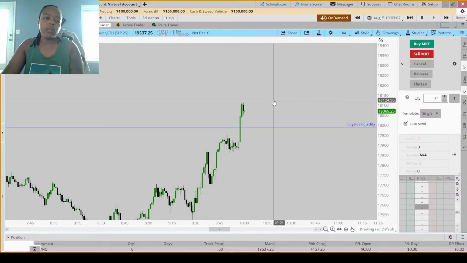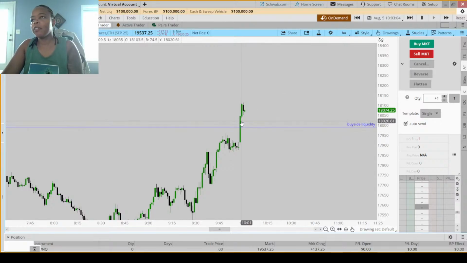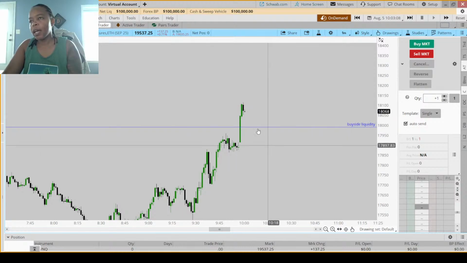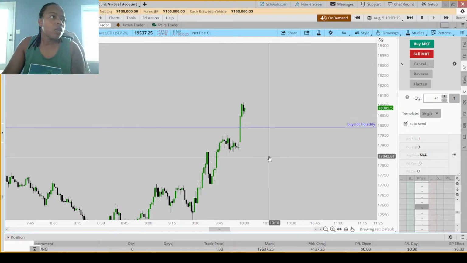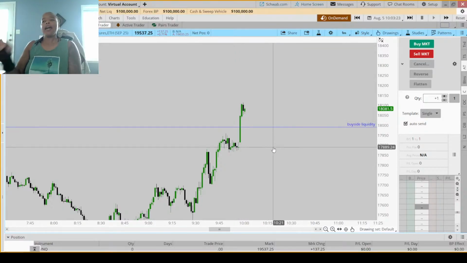Also testing out a concept where if a fair value gap forms here and a fair value gap forms on the other side, then the entry should be, if there's a longer order block, at the base, with the expectation that they're not going to really want to get back into this really balanced price range here. So just waiting to see.